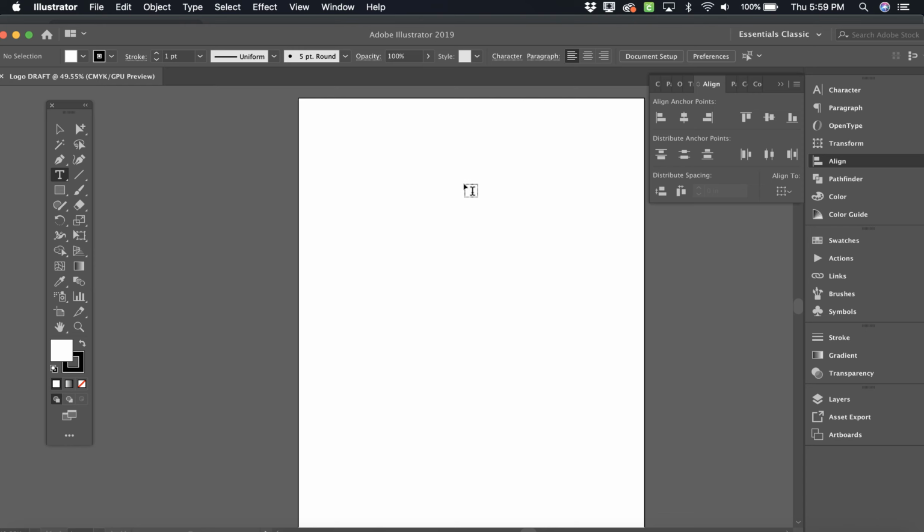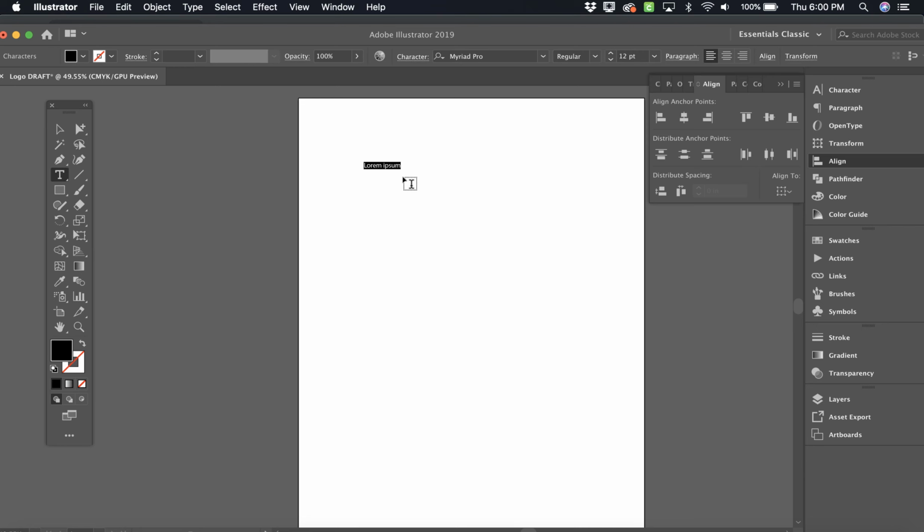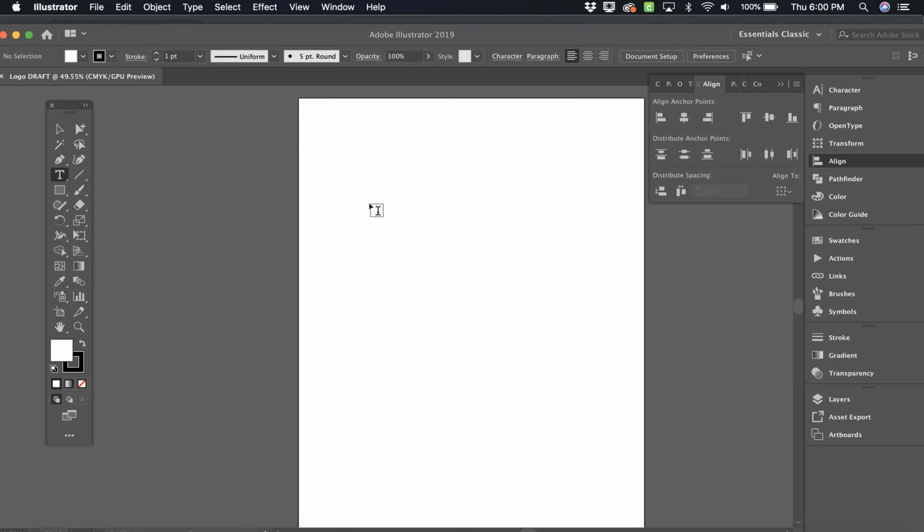So there are two ways to add text to a page. I can simply click and start typing, and it gives you some Greek text here. The problem with that is it comes in Myriad Pro, which is the default font for Illustrator at 12 points. So it's a little bit small. If I Control Z that, or Command Z on a Mac,